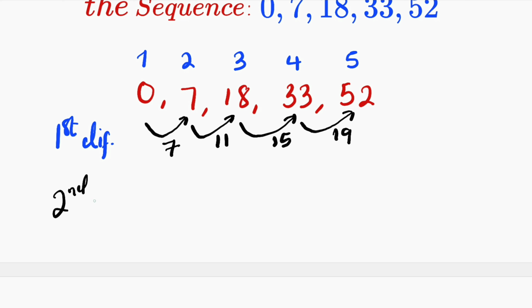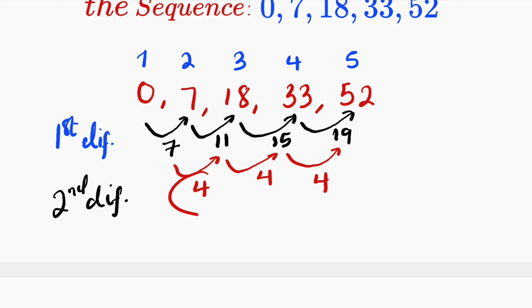Then what about the second difference? From 7 to 11 can be obtained by adding 4, right? If you add 7 and 4 together, you get 11. Add 4 to 11, you must surely get 15. Add 4 to 15, you must get 19. Yay! So since we have a constant common difference here in the second difference, it means that this particular sequence